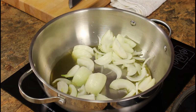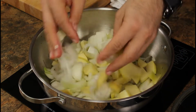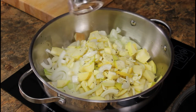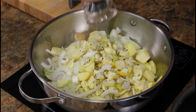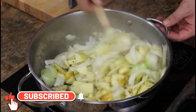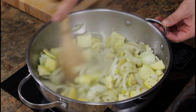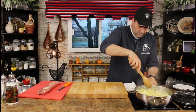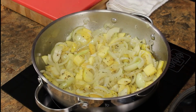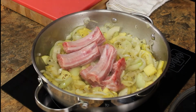And we're gonna put everything in. Apple, onion, garlic, salt and pepper. And we're going to saute everything first. Onion, garlic, and the apple nicely done. All ribs go in,